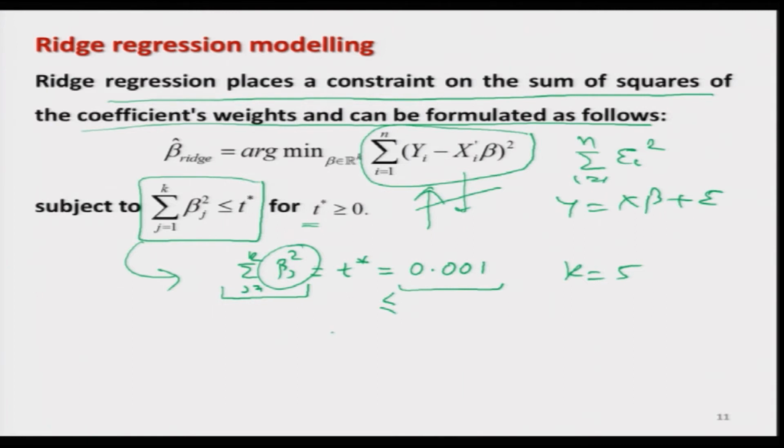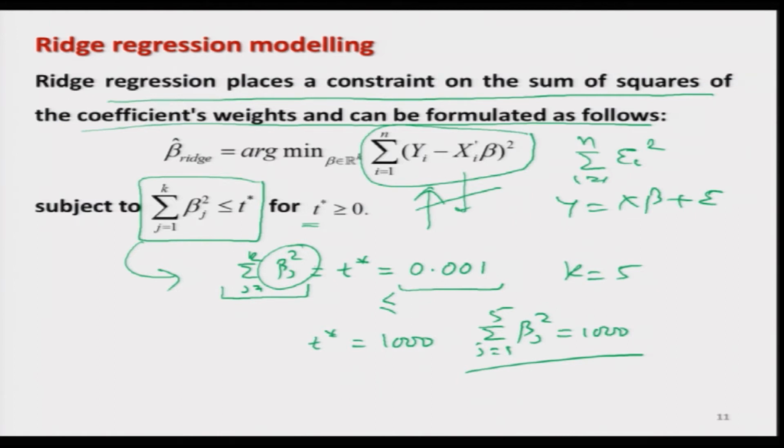Now on the other hand, if you take the value of t star to be, suppose, 1000, and summation j goes from 1 to 5, beta j square should be equal to 1000, then what will happen? Beta 1 square plus beta 2 square plus beta 3 square plus beta 4 square plus beta 5 square should be 1000. So in this case you can expect that none of the beta j is going to be very close to 0. So now these are two extreme conditions: if you estimate your beta j in such a way that this constraint is satisfied, then if you choose a very small value of